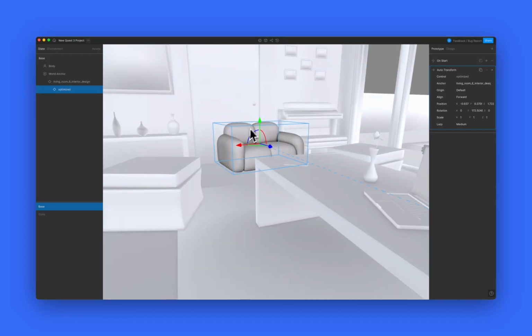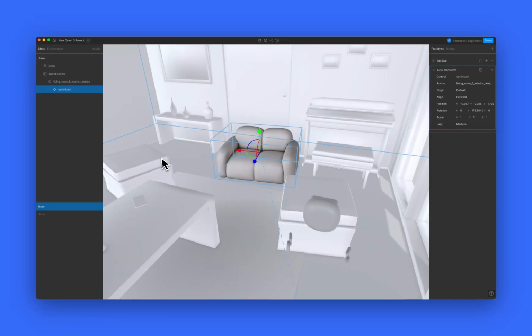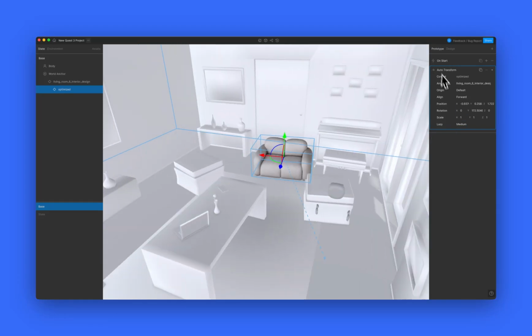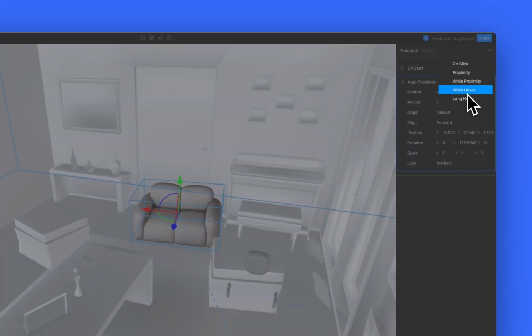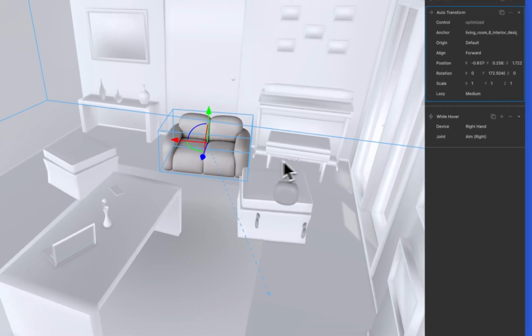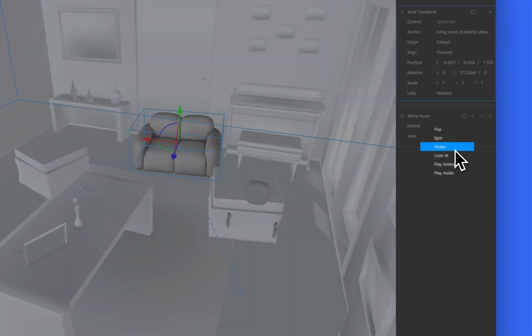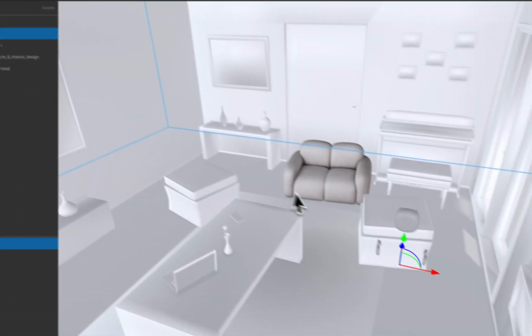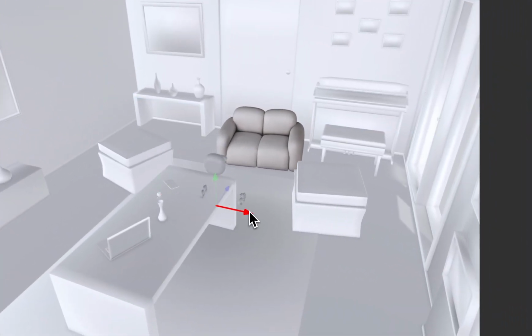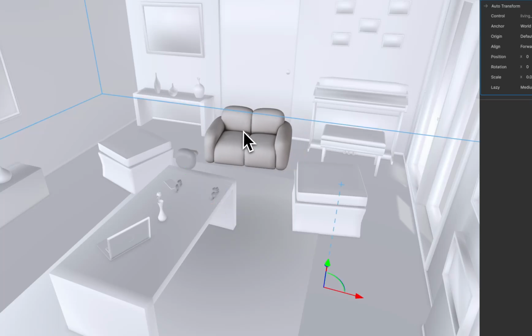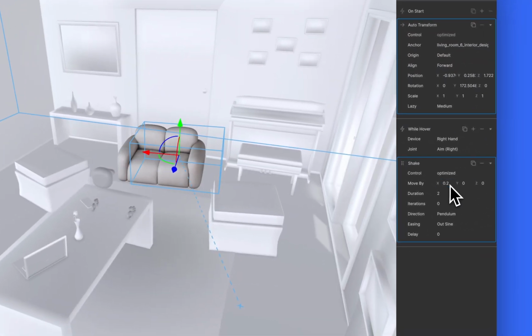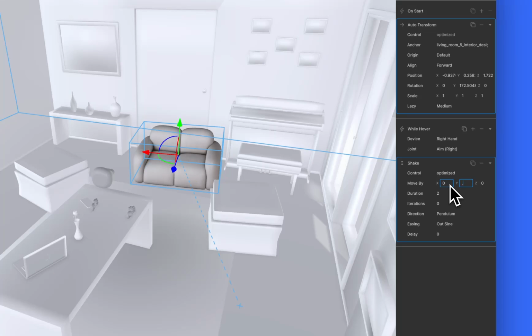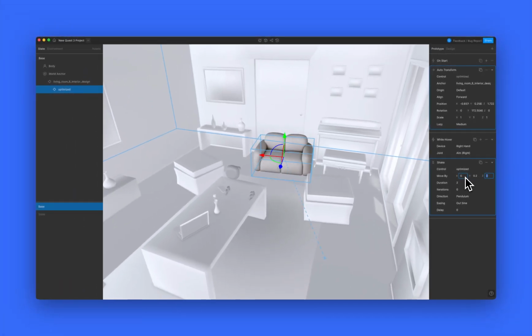But this works really nicely. And then you can start basically using this object to make certain interactions, right? For example, if you hover with the right hand on the couch, we want to have it shake a little bit. And if you want to see what it does, you just put it here and you see, okay, it's shaking, but in the wrong direction. We want to have it move up and down a little bit,